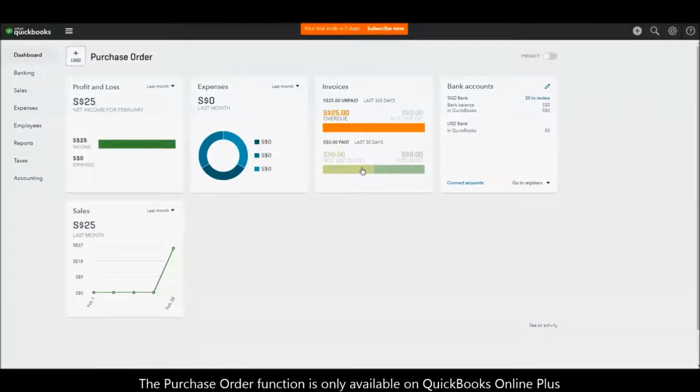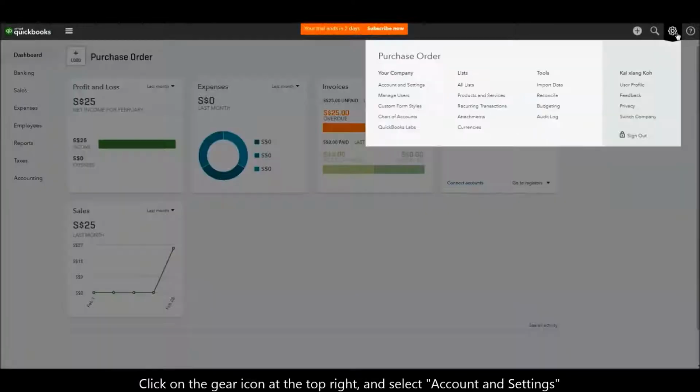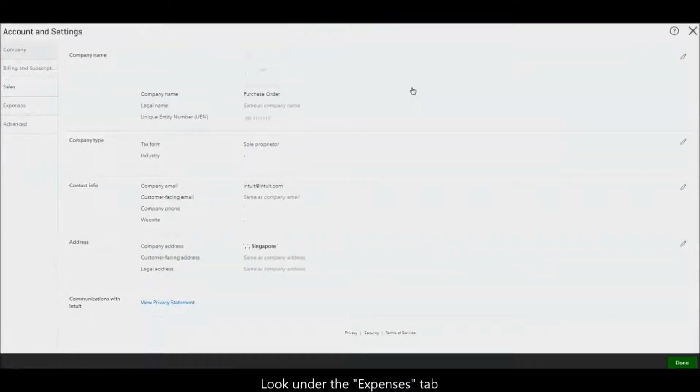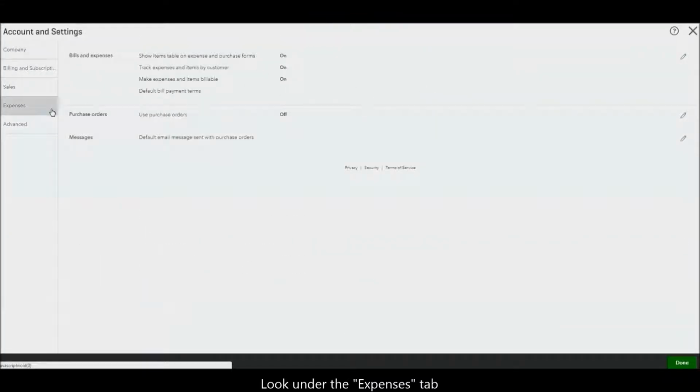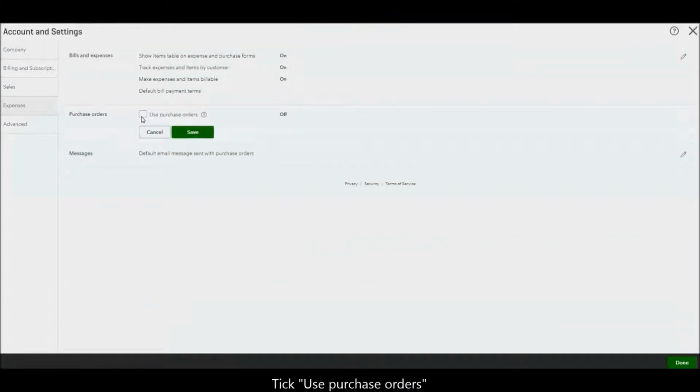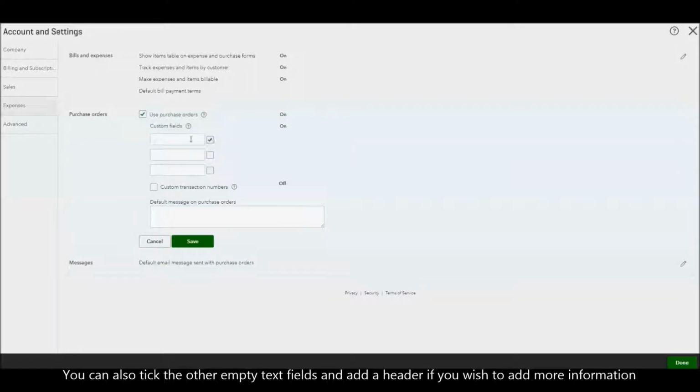The purchase order function is only available on QuickBooks Online Plus, and here's how we can enable this feature. Click on the gear icon at the top right and select Account and Settings. Look under the Expenses tab. Tick Use Purchase Orders. You can also tick the other empty text fields and add a header if you wish